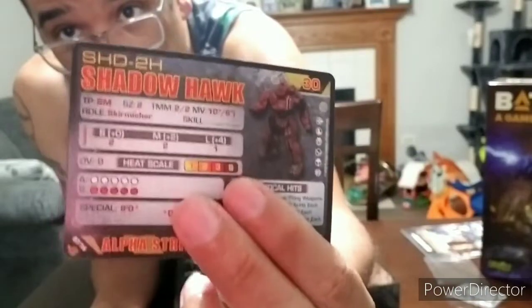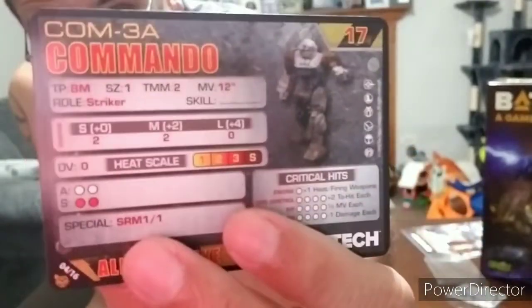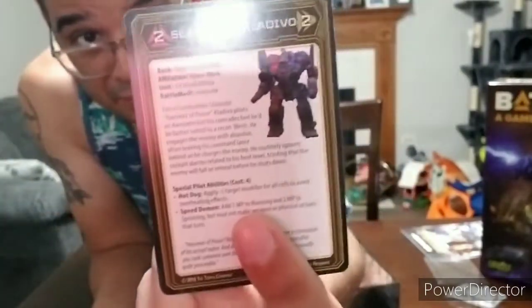Shadowhawk. Griffin. And a Commando. And the Locust. And then these are all the pilot cards, which they have, I believe, a little background and whatever abilities they